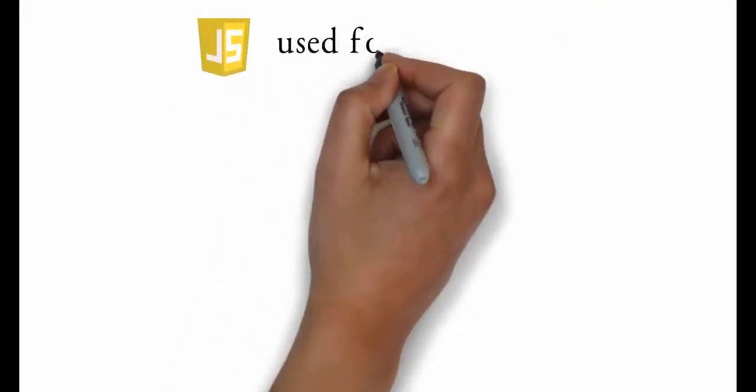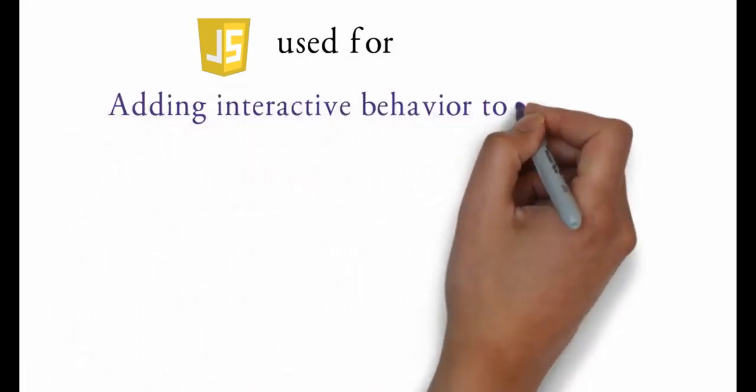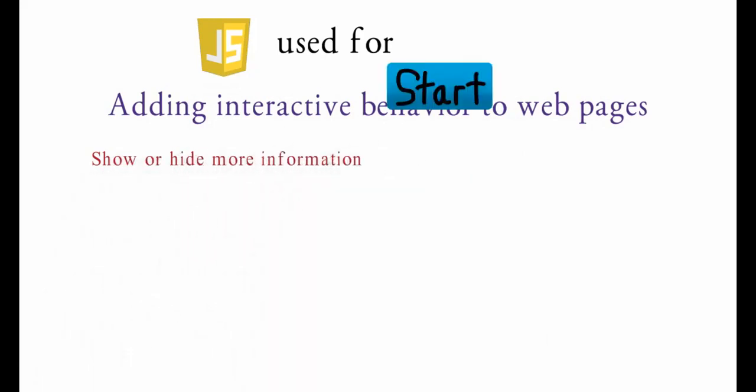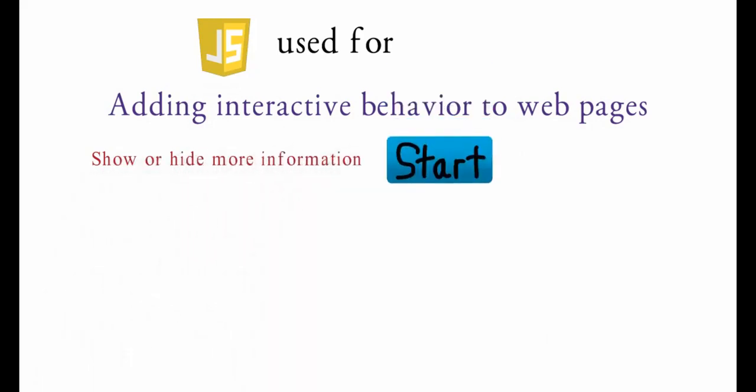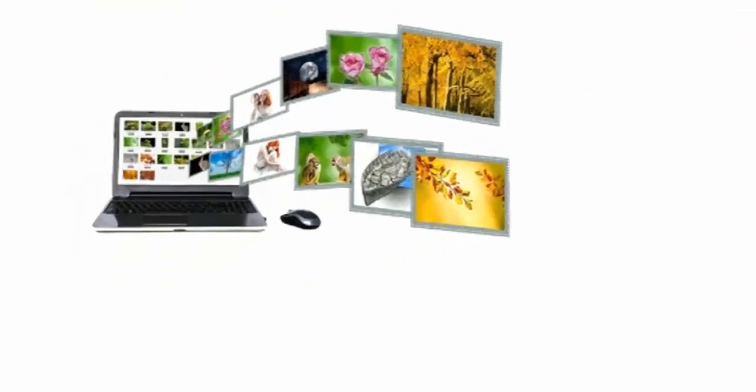JavaScript is used for adding interactive behavior to web pages, like showing or hiding more information with a click of a button or changing the color of a button when the mouse hovers over it. We can slide through a carousel of images on the home page, zooming in and zooming out on an image,